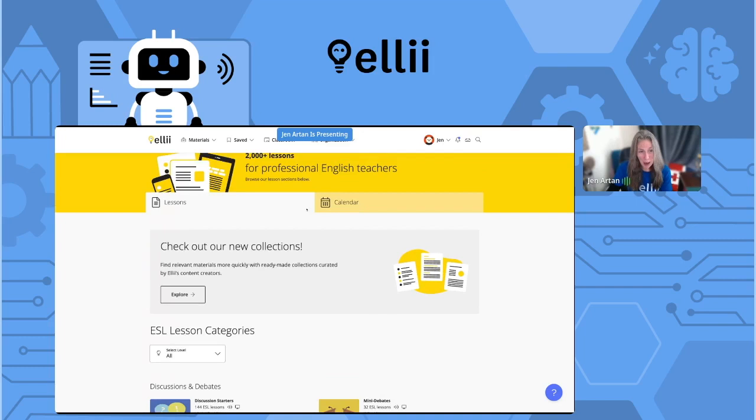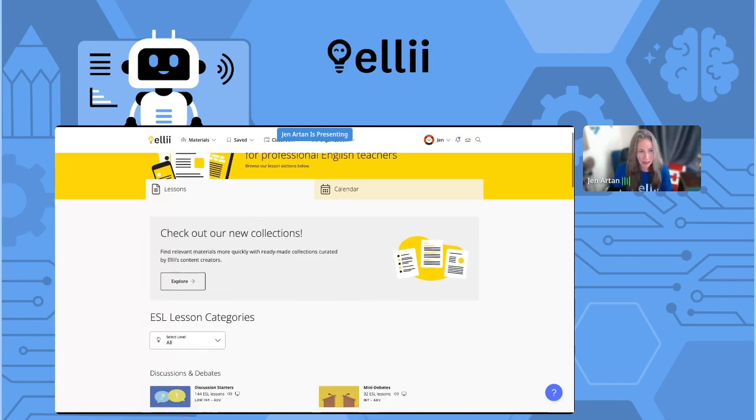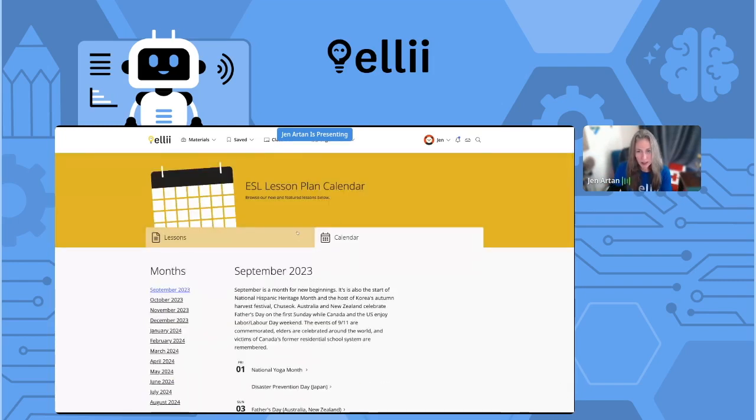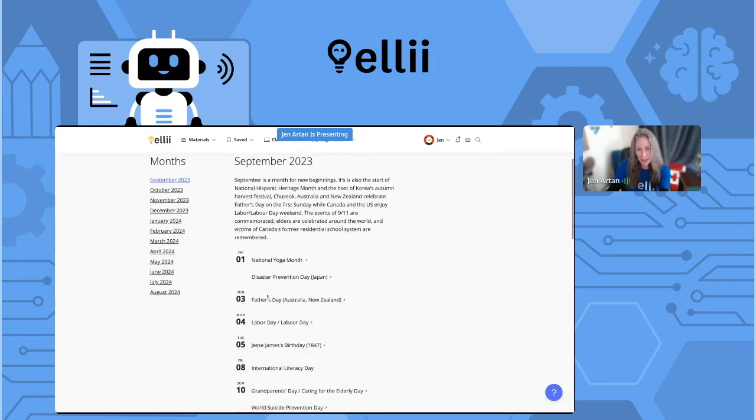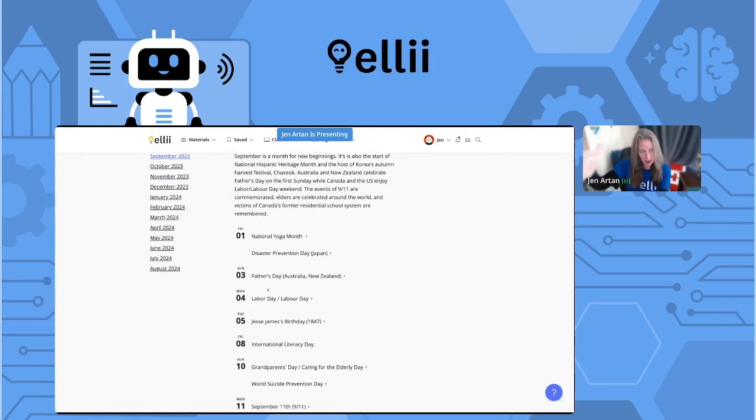We do have the option to jump into a calendar view. The calendar view gives you an overview of what's coming up. And that's really great, if you haven't clicked on this before, open up calendar and then it will show you what's happening in September, for example, October, plan ahead for sure. This isn't a new feature. This is something, though, that some teachers don't know exists. And every place that you see an item or a resource, these are elements inside of Ellii. So, for example,